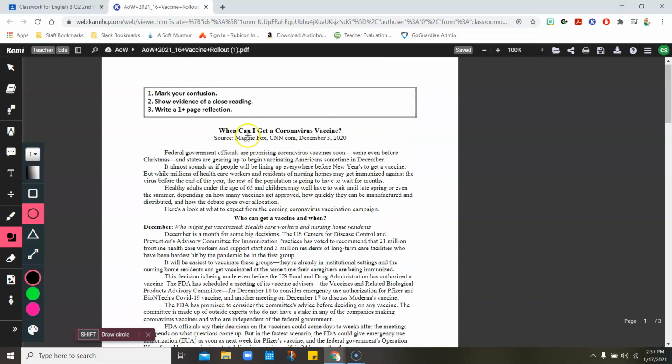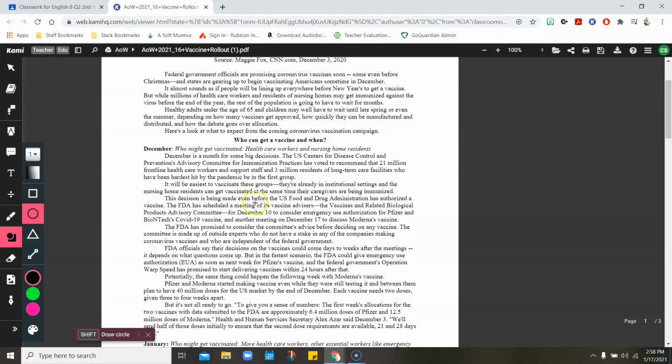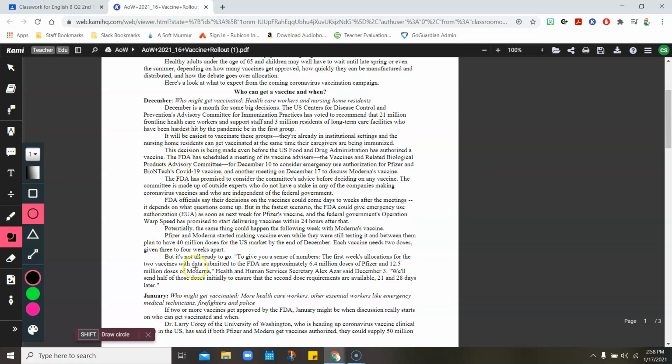So in-person students, when you're in person, we're going to be actually reading this article together. You guys that are remote, it'll be a little bit more difficult for you, but you're going to have to kind of slog your way through this. It's written at a level that you should be able to read. It's written at an 8th grade level. I suggest that you don't have to worry about numbering paragraphs or anything like that. But what you should do is read a section, ask yourself, do you understand everything that's there? Now, if you have a question, if you want to make a comment about something in here.